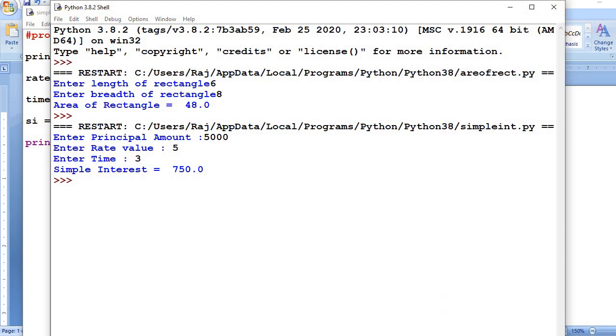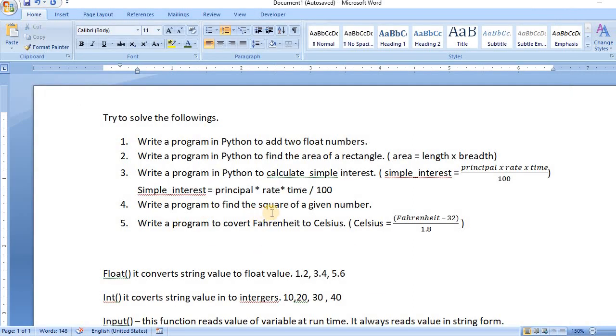Okay, and the next program is: write a program to find the square of a given number. The simple logic behind this program is to enter a number and just multiply that number with itself, two times, so you will get the square of that number.